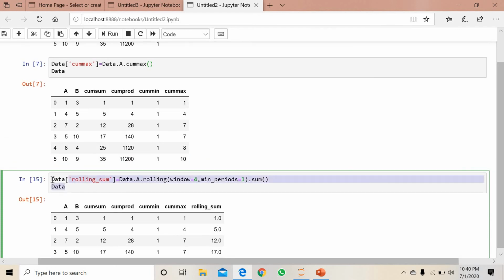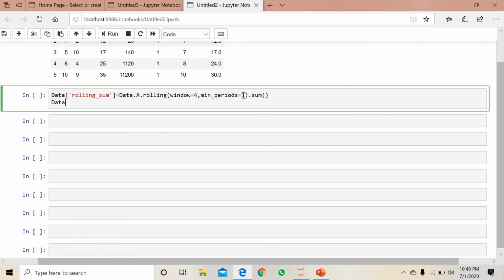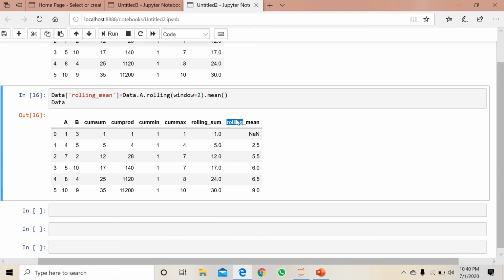Now we'll see the next, that is mean. Okay, so first of all I will remove this one. I'll put window size 2, and what we have to do is mean, and I will change the column name to mean. If you execute, you can see here the rolling mean column is added.